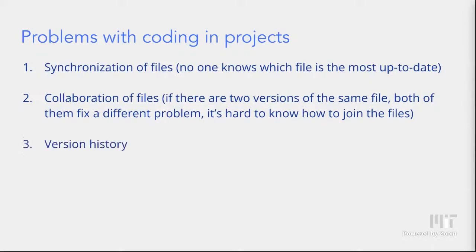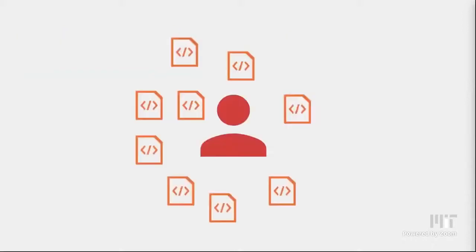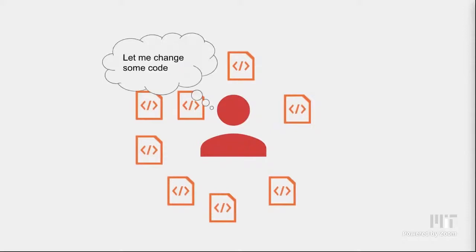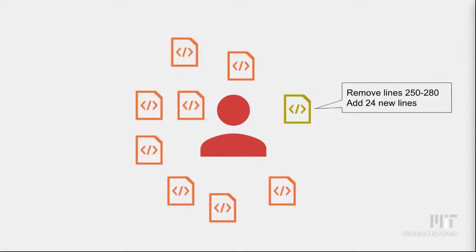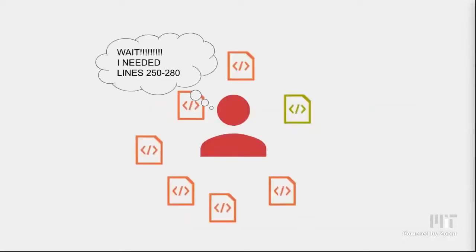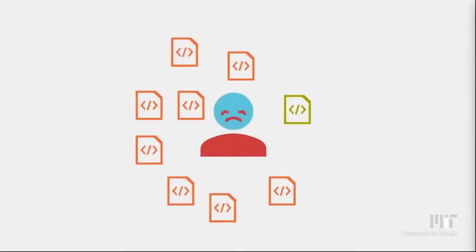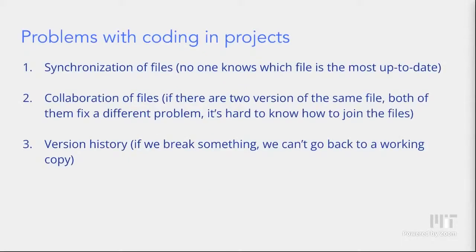The third issue we'll be looking at is version history. Let's say Ben is working on this coding project. He makes some edits, takes out a few lines, adds a few lines, and then an hour later, I guess, he realizes those lines he deleted were actually important, but they're gone forever now. There's no version history, and so if we break something, we can't go back and recover it. So with these three issues in mind,